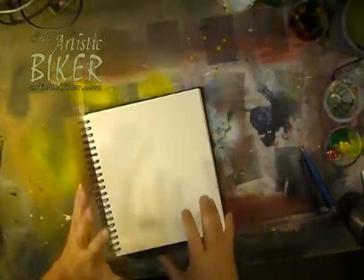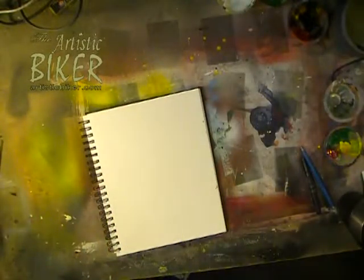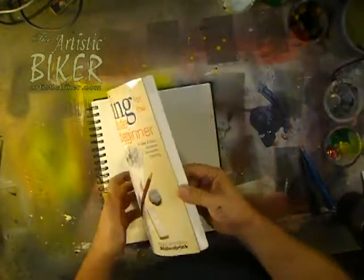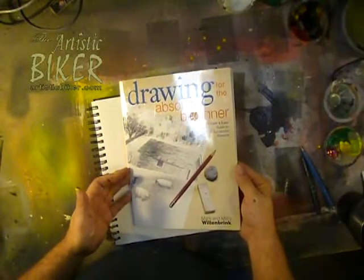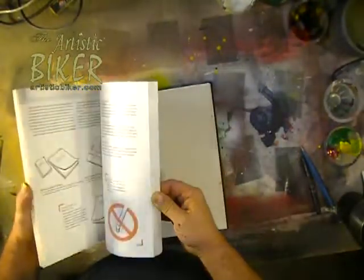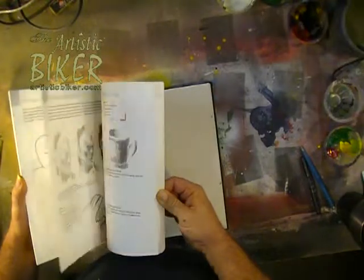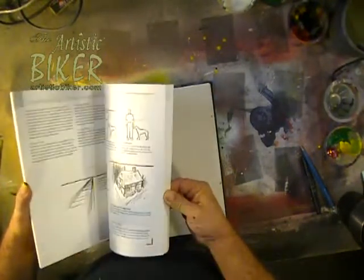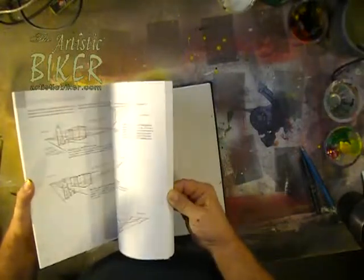We ended after the actual tutorial. We talked a little bit more about how in drawing books like this one, Drawing for the Absolute Beginner, by Mark and Mary Willenbrink, they will show you how to draw something. They will give you the steps for how to draw something, and it will always get you from